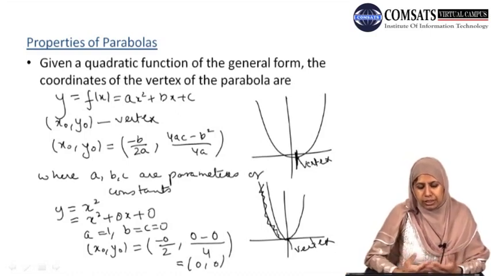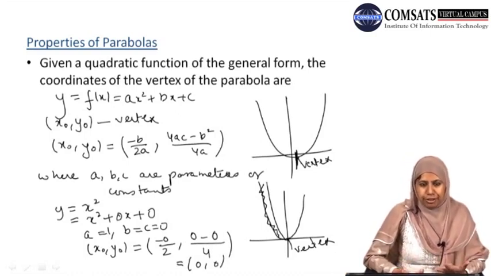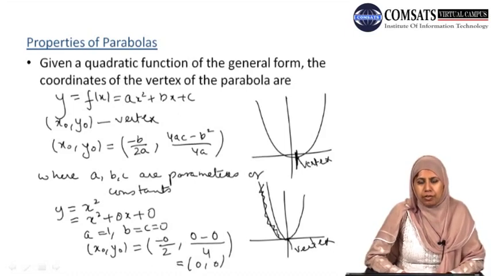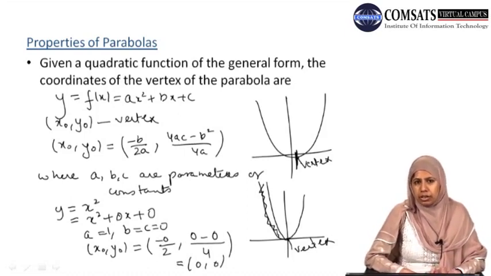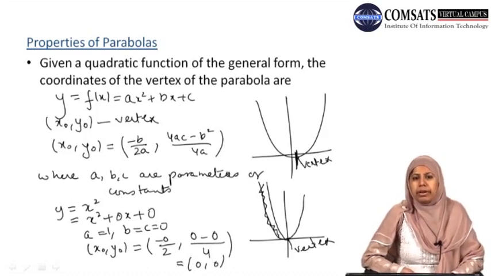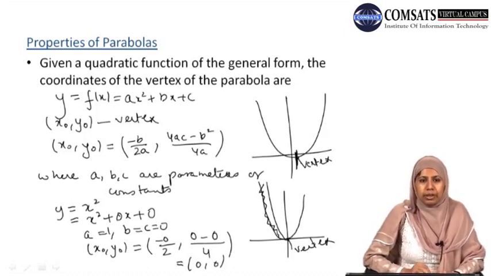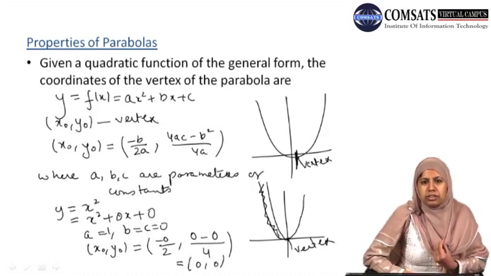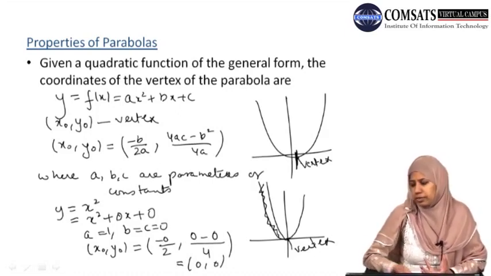So we have seen three new things so far about the graph of a quadratic function. That the graph of a quadratic function is always a curve and not a straight line, and that curve is called a parabola. And the three properties of parabola: when the parabola is concave up, when it is concave down, and what we mean by the vertex of a parabola, that is, which point on the graph represents the vertex.